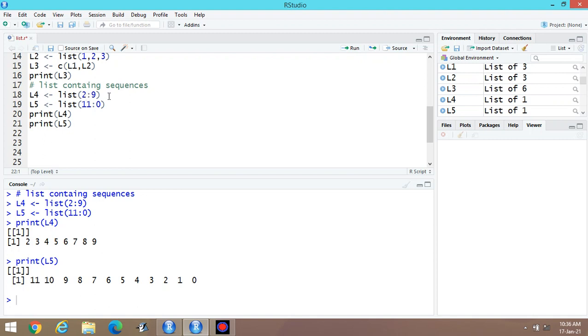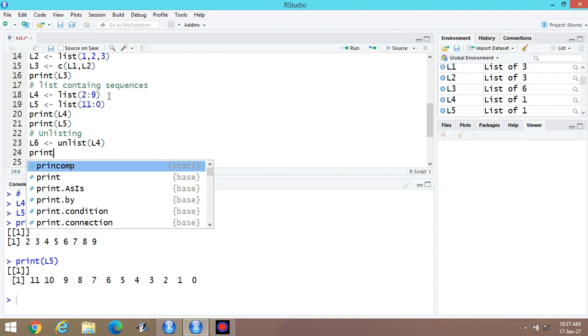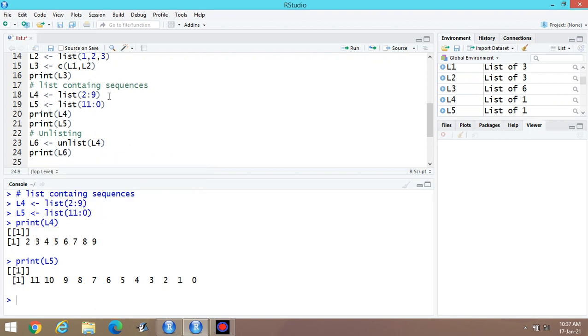Suppose I have to unlist the numbers. One more topic is there, unlisting. Suppose I am writing the new variable L6 and then unlist. Suppose I am writing L4. Now print L6. Let us check the output now.